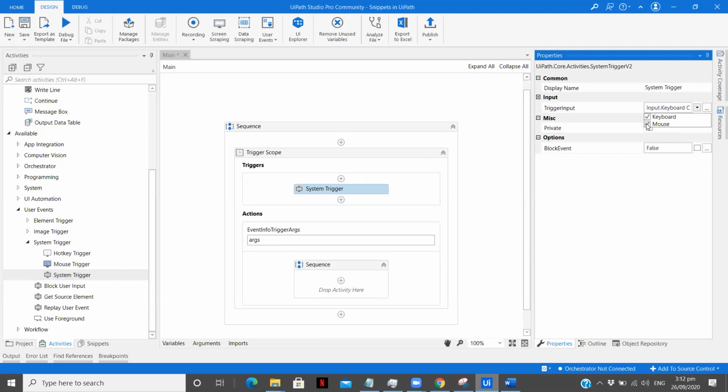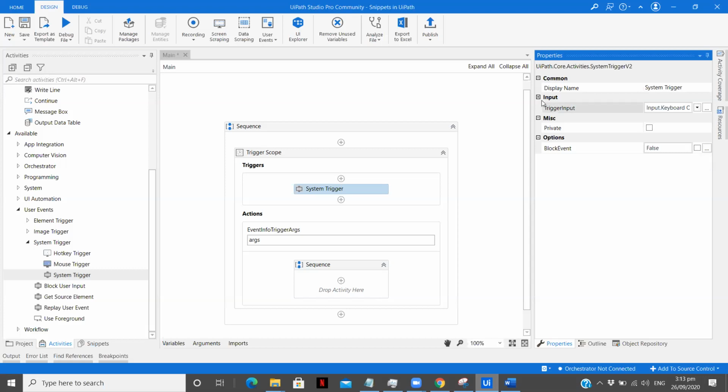If I select both, if I'm doing any action including my mouse or my keyboard, the particular sequence will be executed. Now this is the input that we pass to it. Now you may be wondering, if we already have keyboard and mouse trigger in system trigger, then why do we have hotkey and mouse trigger separately? So we are going to see the difference between that as well.